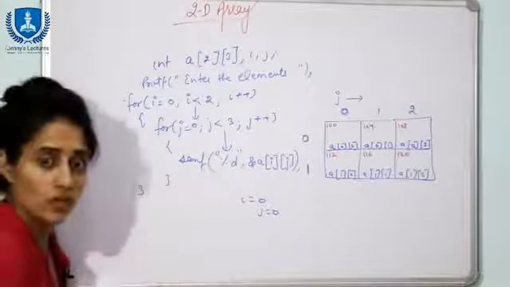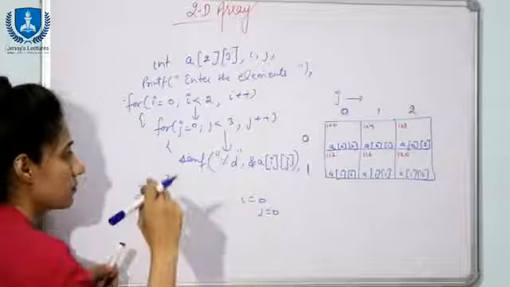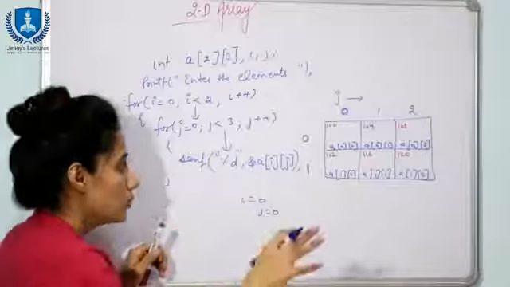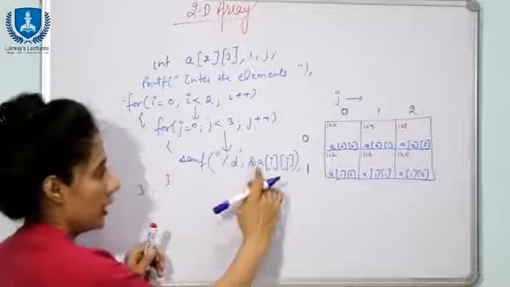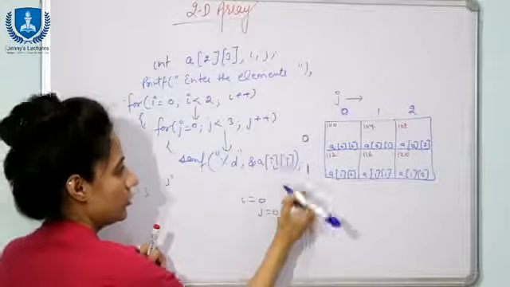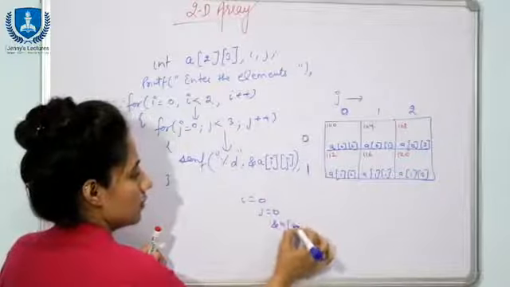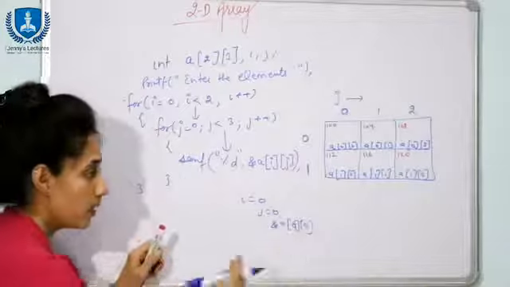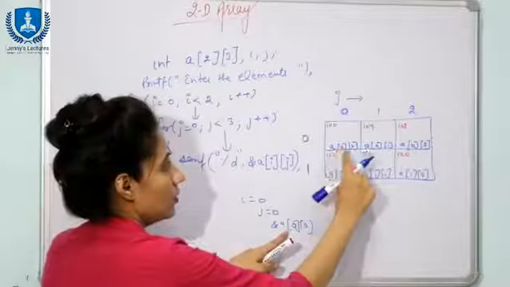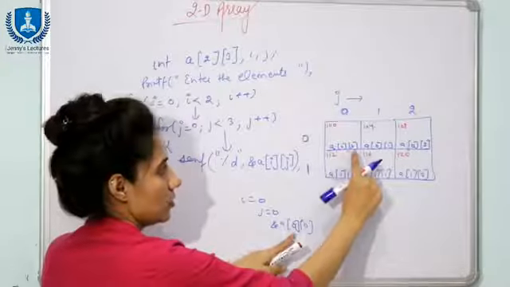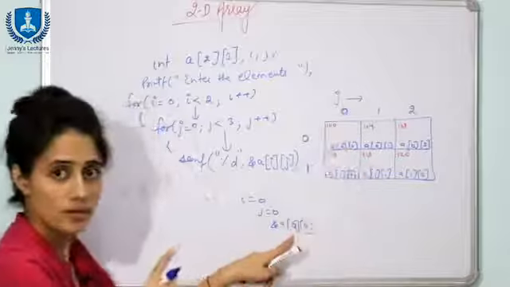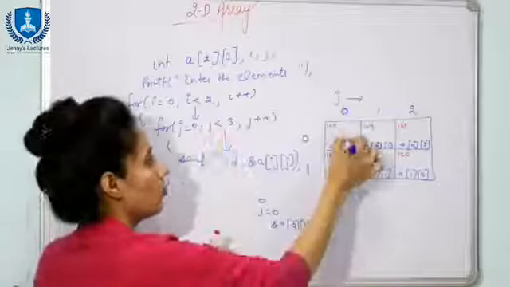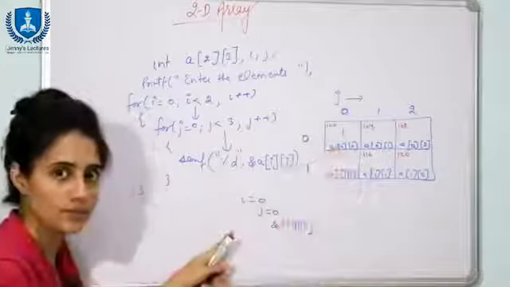Scanf means we are going to take input from the user, fine. %d means integer data would be entered by the user. Where to store that data? Address of a of i, that is address of a of 0 and 0. The i value is 0 and the j value is also 0. Now the address of a of 0 and 0 is what? 100, right? Now at 100 you are going to store that value. Suppose I have entered 1, so 1 would be stored here, fine.